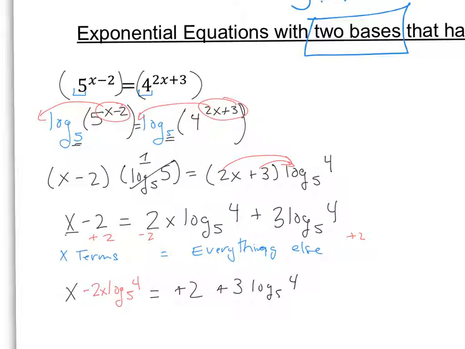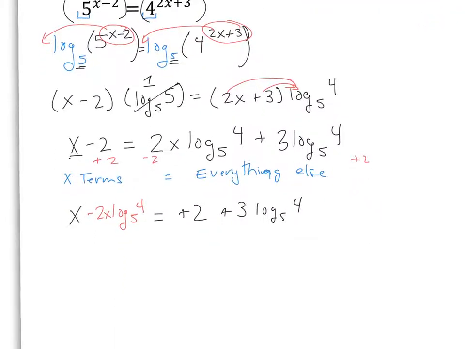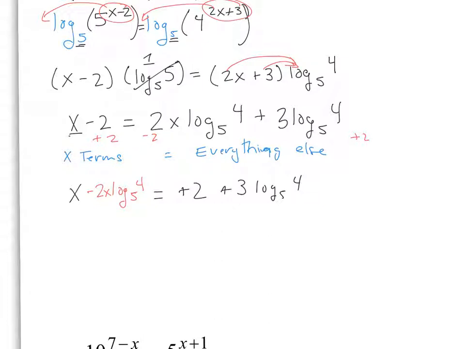All right, I need a little bit more room here. I'm going to go ahead and pull this up a little bit. Now, the key to solving these is to factor out the GCF, which in this case is my x. I have an x term here and here. So when I factor out this x, I now have